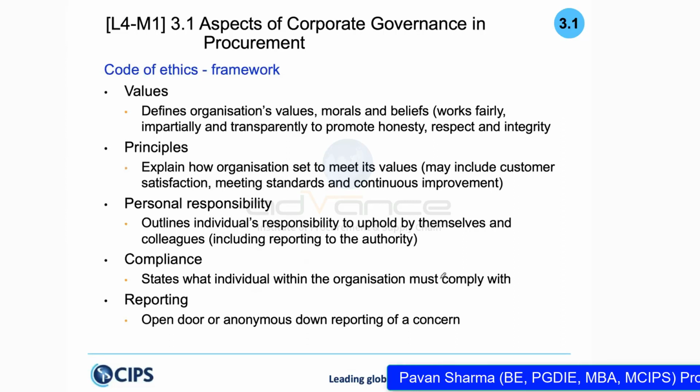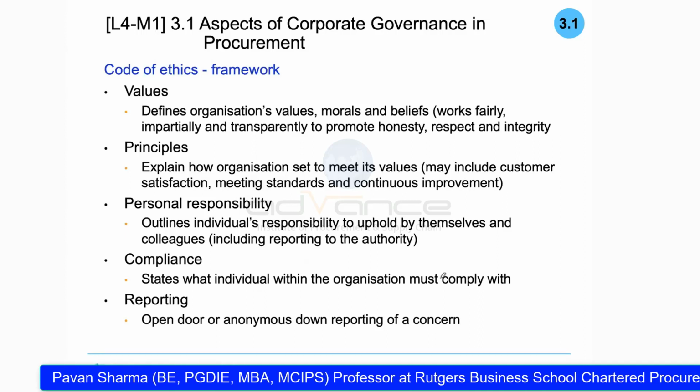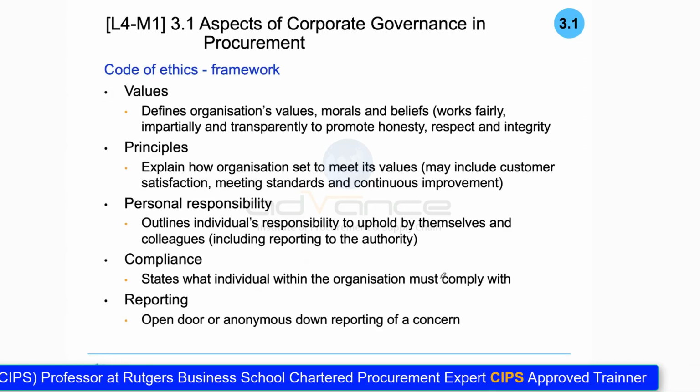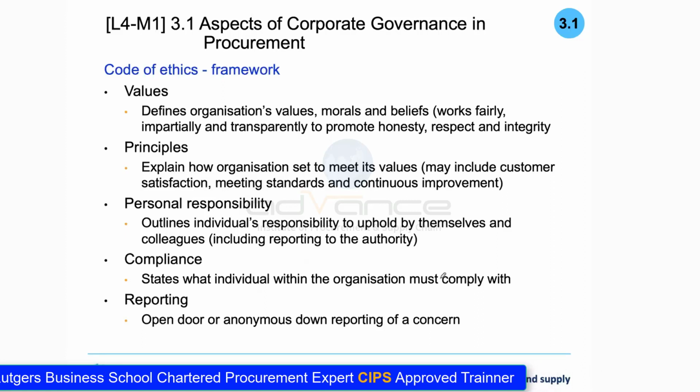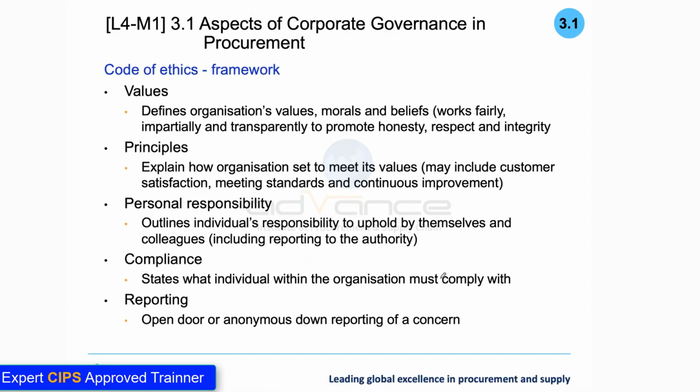You have to define what is right and what is not right. What is seen as honest, integrity, and what will be not seen as honesty, respect, and integrity. Obviously, when you go to a supplier and say, hey, I will give you information, you give me money, that is wrong, wrong, wrong. You lose respect. You are seen in the society as a dishonest person. And if there is an investigation, it's a criminal record if you're caught in that.